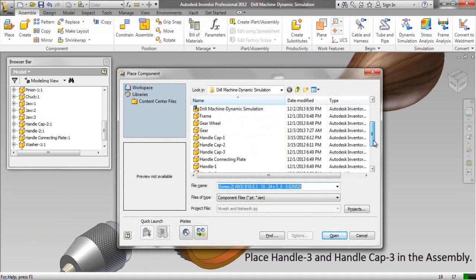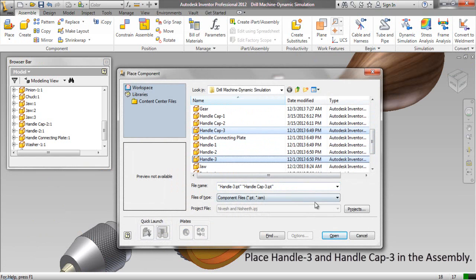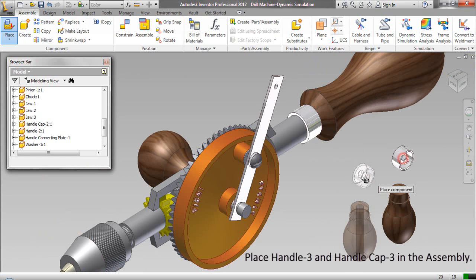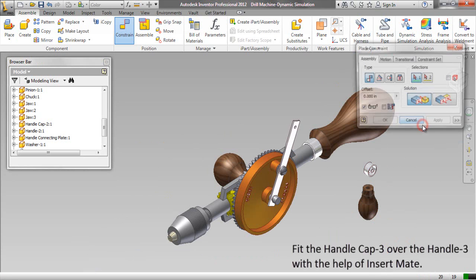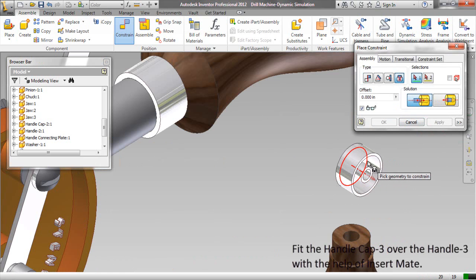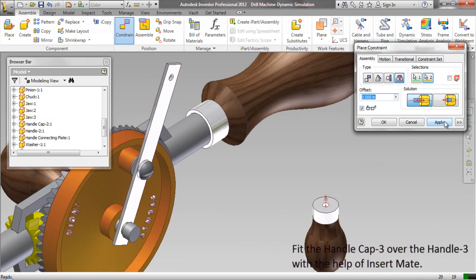Place handle 3 and handle cap 3 in the assembly. Fit the handle cap 3 over the handle 3 with the help of insert mate.